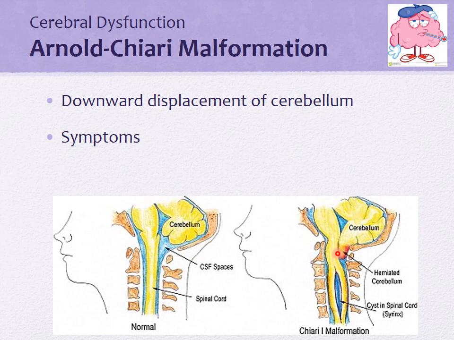So typical symptoms, if they have any, are going to be a headache, neck pain, and problems with balance and coordination are big. They may be extremely spastic in their extremities. Hydrocephalus may be an issue depending on what type they have. Other symptoms may be different depending on the type because there are 4 different types, but type 1, which you see in this picture here, is actually the most common.